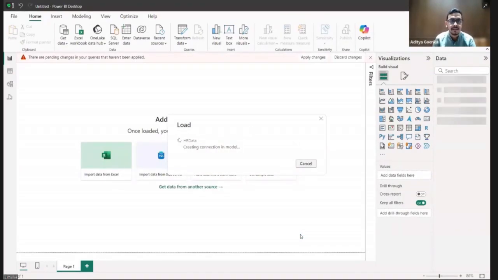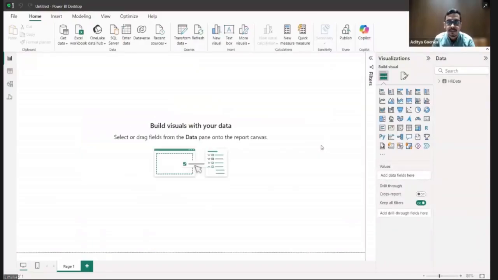Once you do that, you need to wait for a few seconds because your data is now being connected to the Power BI window, as you can see right there in front of your screen. Okay. Now guys, see on the right hand side, in the data pane.